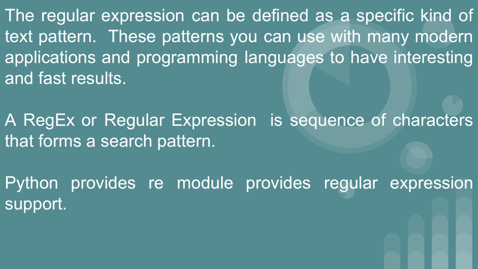There is a specific pattern for an email ID: first you write the username, then the @ symbol, then the domain and subdomain, then after the dot we have the domain. This is the fixed pattern, and if the user does not enter the email ID in that pattern, it is a wrong email ID. Similarly, if there are fixed patterns which we want to compare, and according to the result we want to decide whether to display the next page or not, in that situation we make use of regex. From the example it will be clear to you.